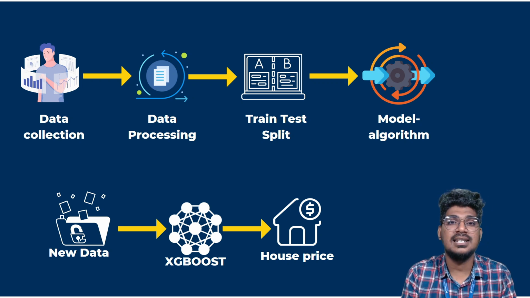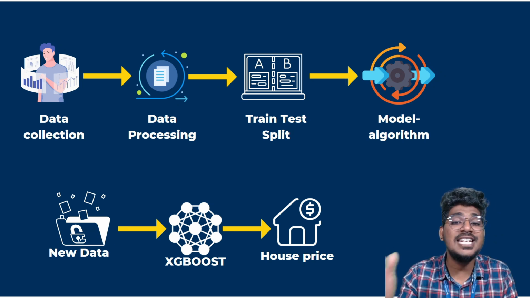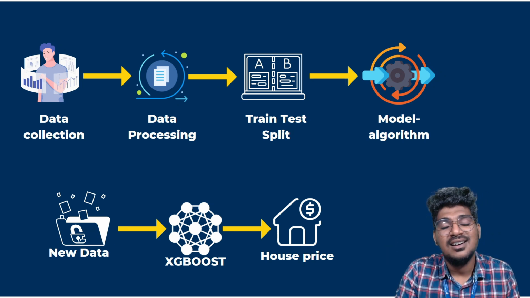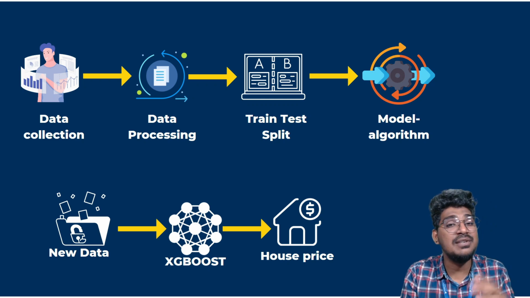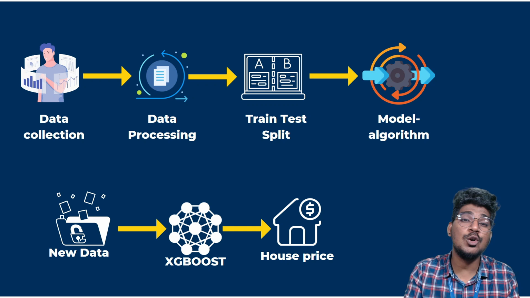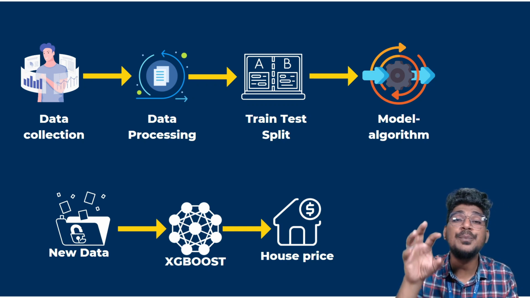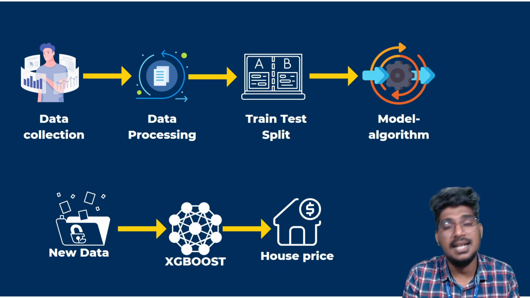For example, data collection is a very important thing. Then data processing. Why do we need to collect the data? Because when you are going to train a model, we need training data. At that time you need to collect the data from different sources and different locations. That's very important. When you're collecting the data, we need to pre-process the data. That means we need to clean the data, handle the missing values, like that.